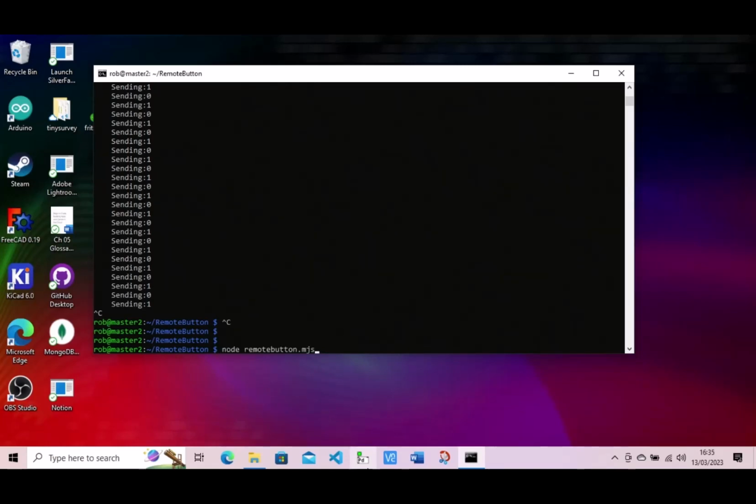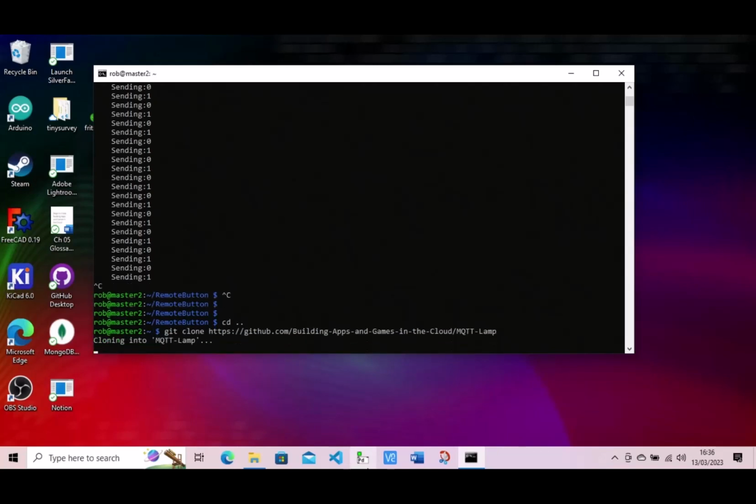And I'm going to download it now, which I will do by using the same old routine, the old magic block copy to save me typing much, and the actual repository. I'm in the wrong folder. Okay, I have to go back up one level, don't I? So I do a cd dot dot. It takes me longer to find the commands in the command history than it would to type them in, but that's not the point. The point is, yes, I'm having fun. MQTT-LAMP, because that's what we're making this time. Oh, hang on, capital L, always capital L. Thought it felt wrong. There you go. In it comes.